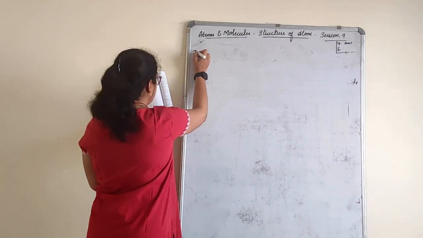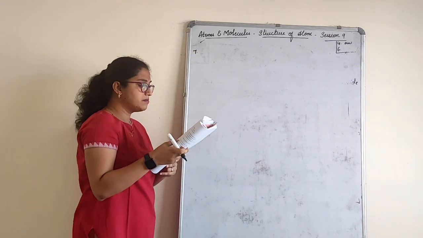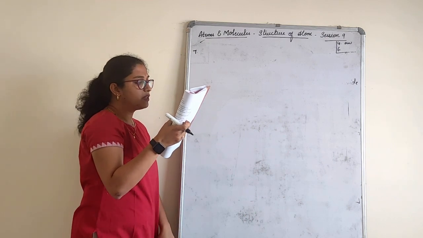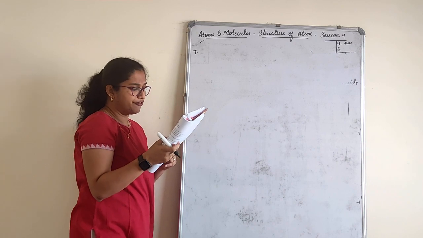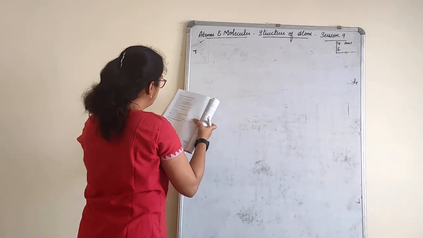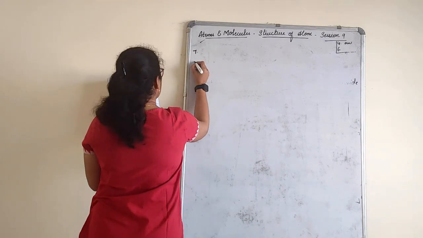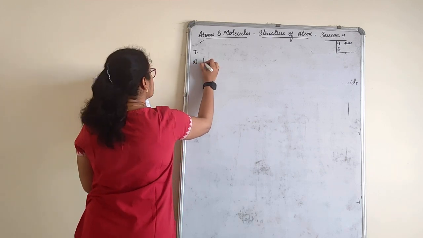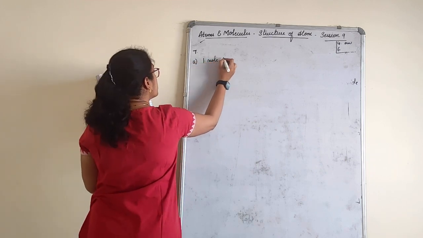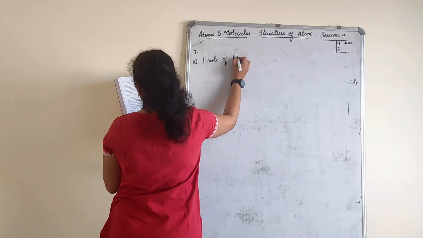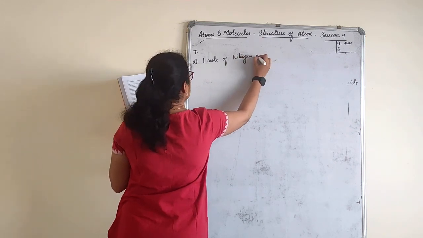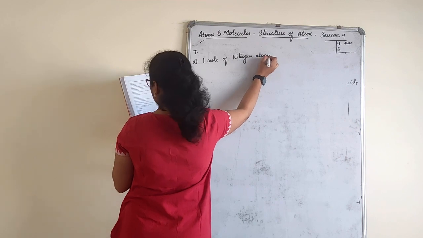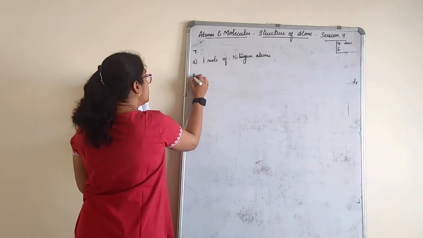Seventh one. What is the mass of 1 mole of nitrogen atoms, 4 mole of aluminium atoms, 10 mole of sodium sulfide? What is the mass of? First one in that, 1 mole of nitrogen atoms. So, solution,